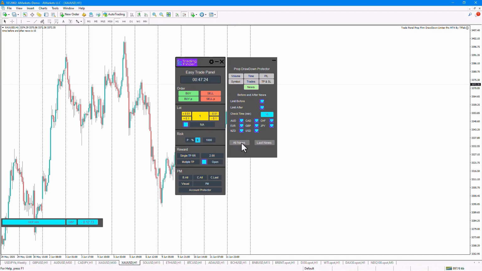By clicking on the All News option, the news will be hidden, and by clicking again, the news will be displayed for us. Also, by clicking on the Last News option, the most recent news after its release will be placed at the top section. Currently, the monthly core PPI event related to the USD currency is there,